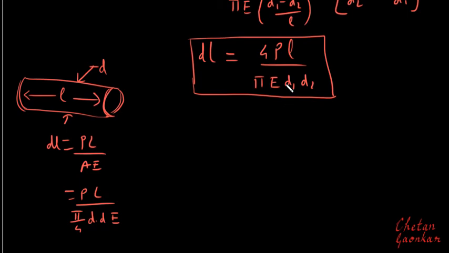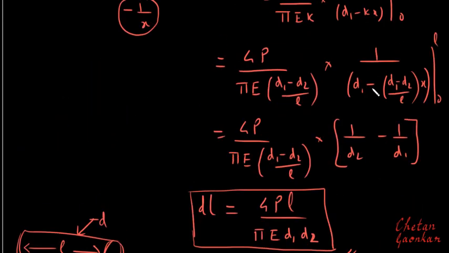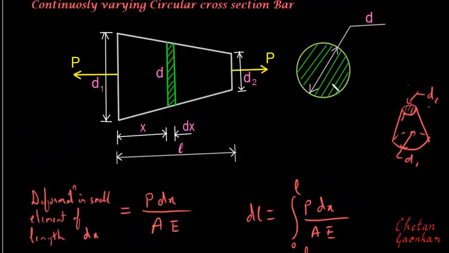And you can compare this with this. In this case, the diameter was not constant. It was changing from d1 to d2. Because of that, we have derived this expression, in place of d we have d1, in place of the second d we have d2. This is how we can compare this expression with the expression for the uniform diameter d over the length L. So this is the expression we get for a bar whose circular cross-sectional area is varying over the length L.